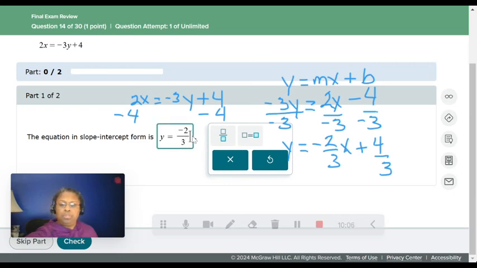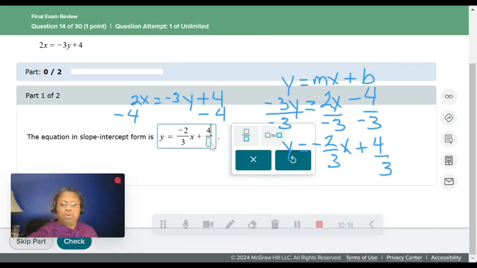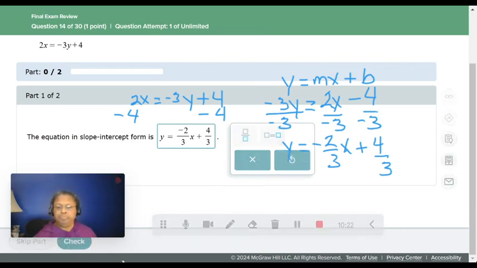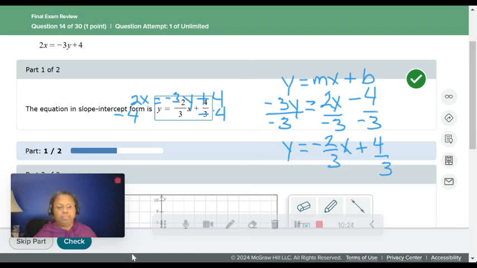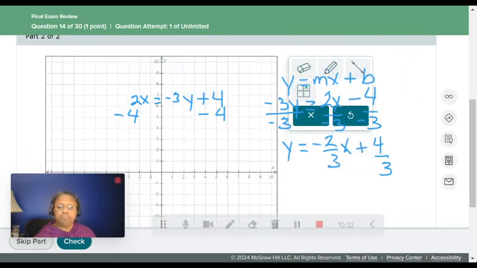2/3 x, and then we have plus another fraction, 4/3. Okay, so we have the first part right. I wish I could just erase parts of this, but okay, they're counting by ones, and our y-intercept, and remember, if you're asked for this and it's supposed to be